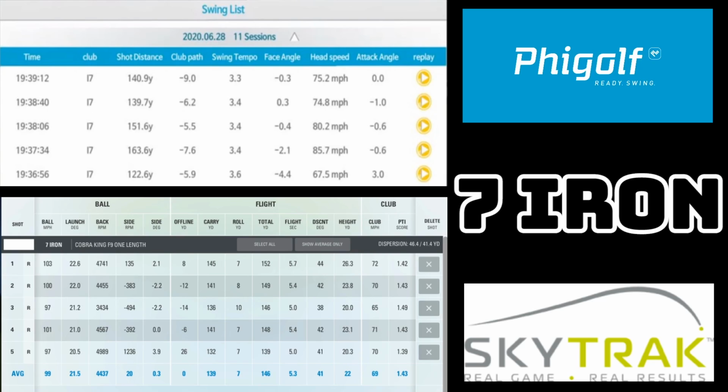So two really different pieces of data here that we're going to be looking at all together. You're going to see the Phigolf shots on the top and the Skytrak shots on the bottom. One thing I want to point out first is the very bottom line on the Phigolf, which is actually the first shot that I took. You'll see the timestamp here, 1936.56, and then it goes up from there. So you're looking at the first shot at the very bottom for Phigolf,